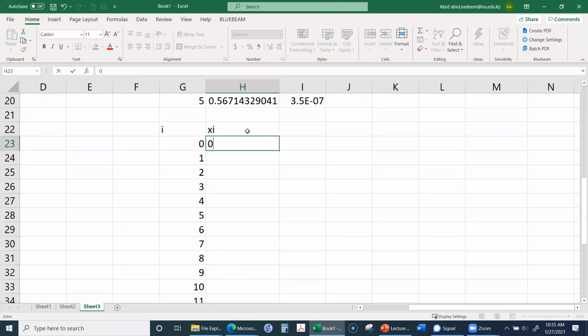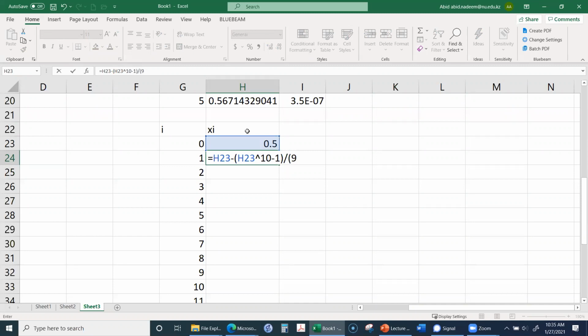I start from 0.5 in this case, and now I apply the Newton-Raphson method over here. So it is equal to xi minus f of x. f of x is x to the power 10 minus 1. So 0.5 to the power 10 minus 1, divided by